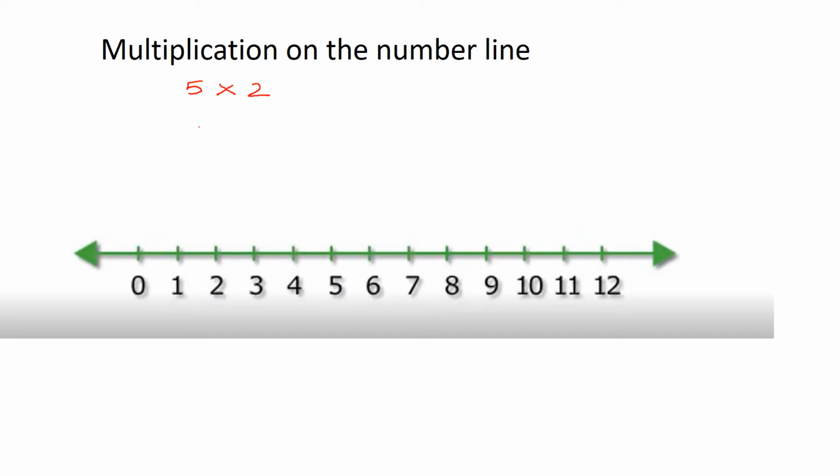5 into 2 means it is 5 times 2. You should take it like that. 5 times 2 means 1 time 2 is 2. 1 2s are 2. 2 2s are 4. 3 2s are 6. 4 2s are 8. 5 2s are 10. So you have to first see 5 times 2. How much it will be coming.